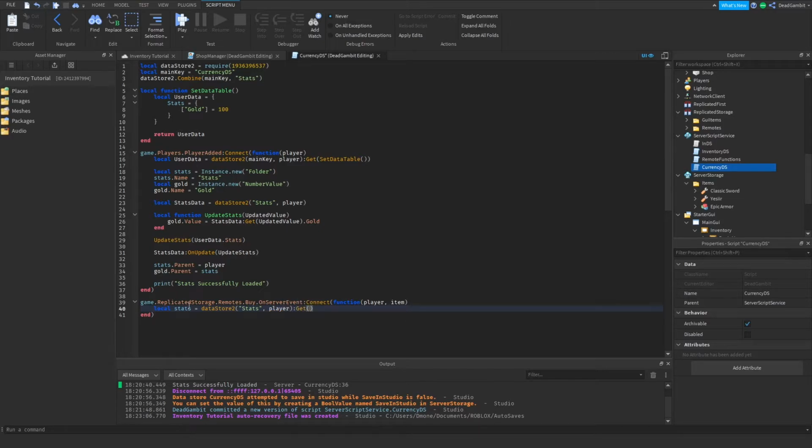So when we access the remote, it's going to allow the function to actually access our stats over here. So we'll do stats.gold is equal to stats.gold